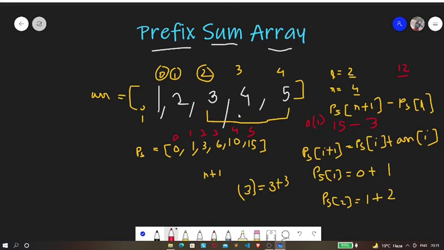We are actually getting the sum of the three integers. So unlike the previous case where we had to perform a big O of n operation, we are now performing only a big O of 1 operation, right?